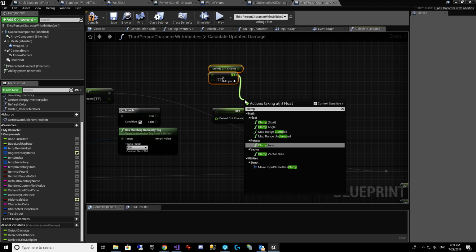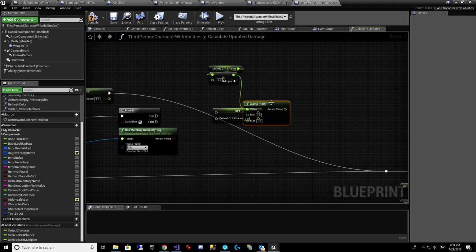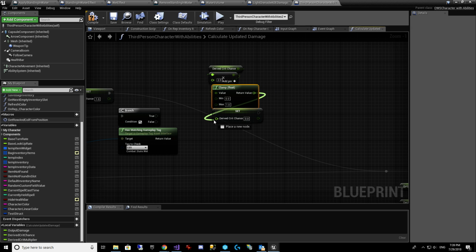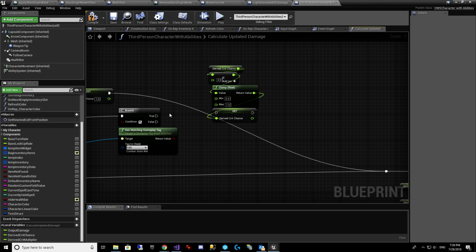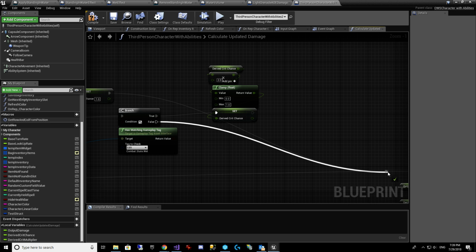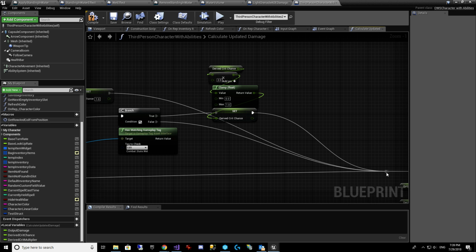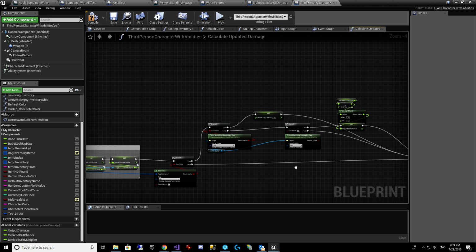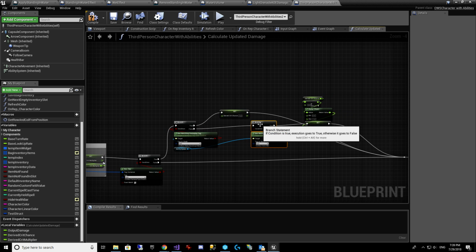We don't know where that's going to get us, so we definitely want to clamp between 0 and 1, because it's a percent. And it's going to do that if it's true. Otherwise, false is also going to come down here, and once it's done, they're all going to come down here. Okay? So this one here,